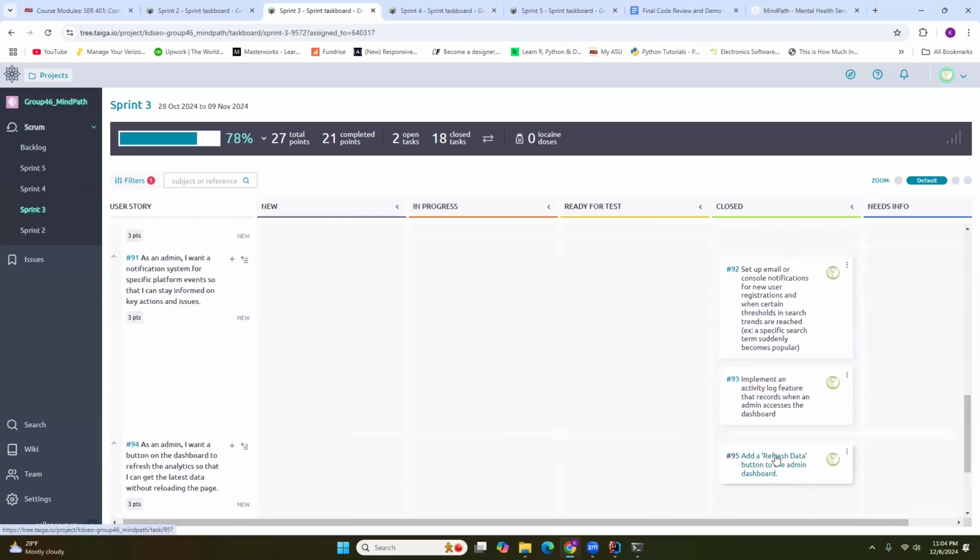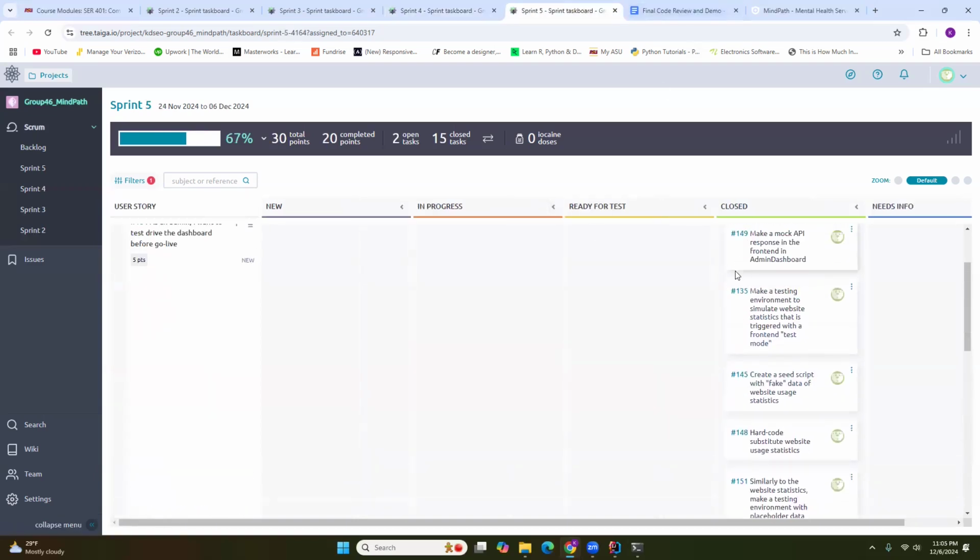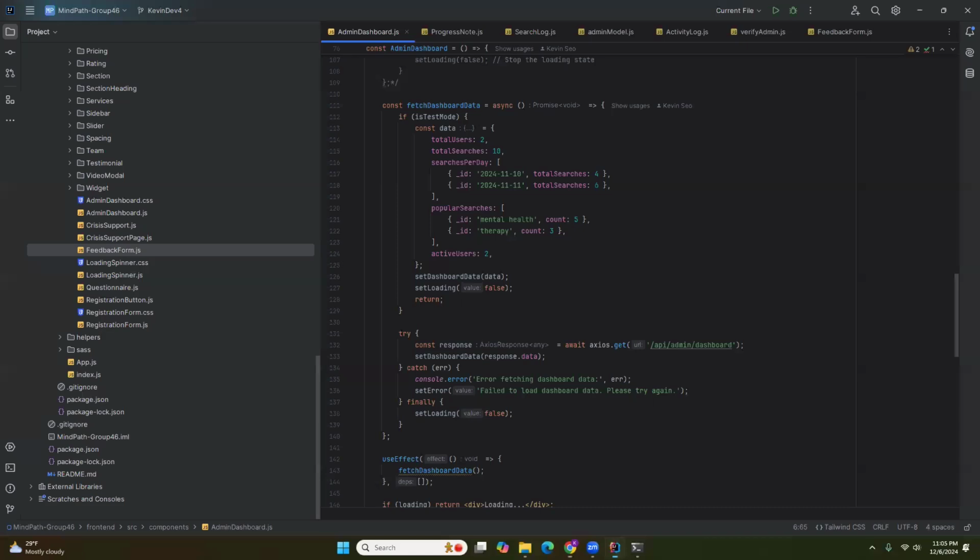I implemented a simple refresh data button to refetch data to generate updated line charts, bar graphs, and pie charts on the dashboard. By Sprint 4, I created a simple feedback form to expand the admin dashboard and have users be able to submit a feedback form that is fed to the admin user to help MindPath have a continual improvement program. And by Sprint 5, I focused on making a testing environment because